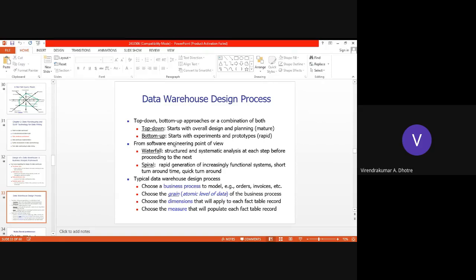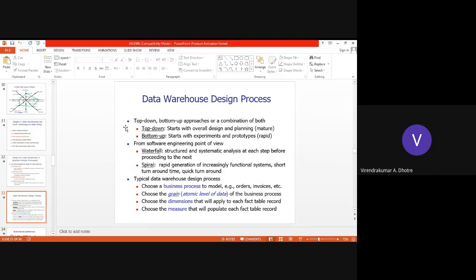Waterfall is a structured and systematic analysis of each step before we proceed to the next step. Each step has its structure and systematic analysis available. This is how the waterfall model gives you the development of a software.